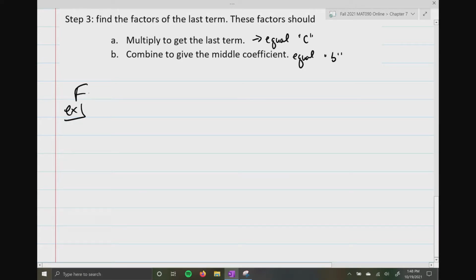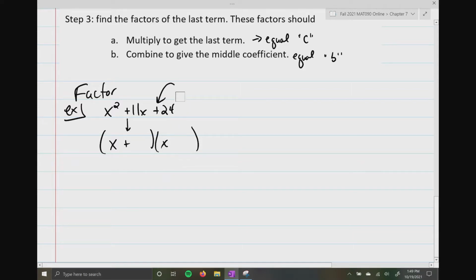So directions for all these are just going to be factor, okay? And I am just going to go right down the list here. So the first one is going to be x squared plus 11x plus 24. So step one, write the multiplication of two binomials with x's up front. Step two, we always copy down the first sign. Now this second sign and the second binomial, you're going to use,